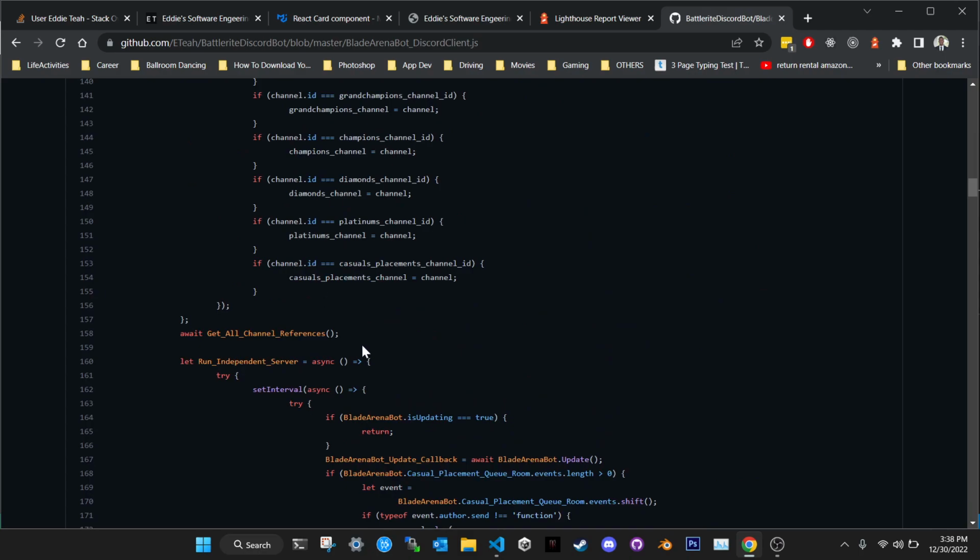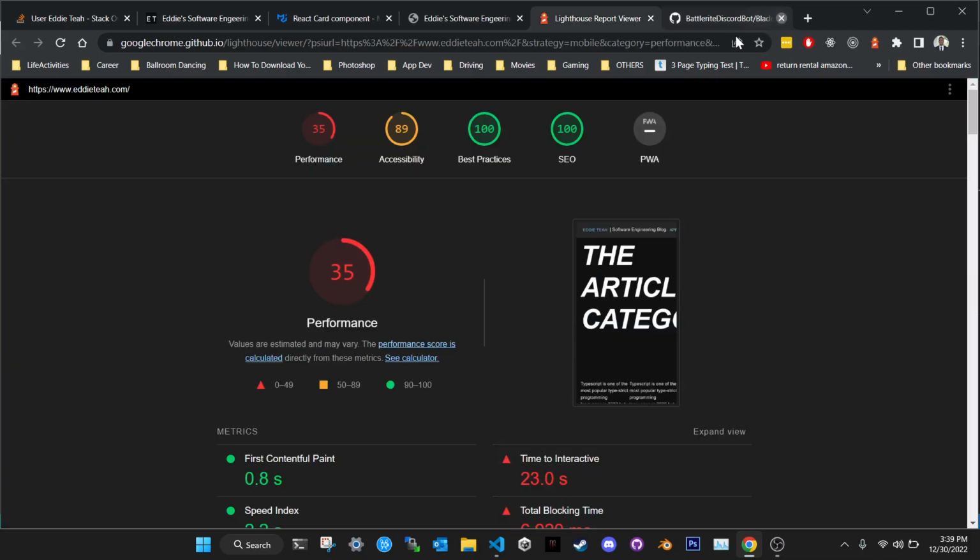Discord changed its API, the version and all that stuff, and I had to rewrite this. So I wrote this like 2 times, and it was a bit frustrating to come back and notice that the overall API got changed. It got completely changed, not upgraded. It got completely changed. Yeah, but anyways, that's technology, right? Things are always changing. Now I think our Lighthouse report just came in.